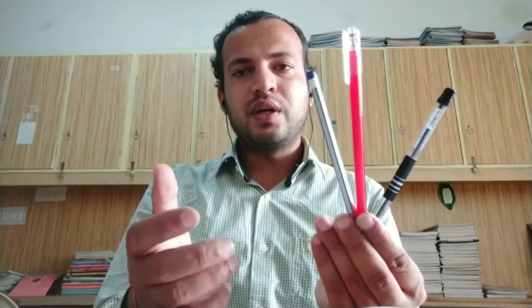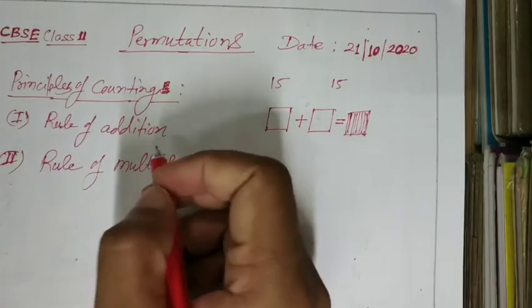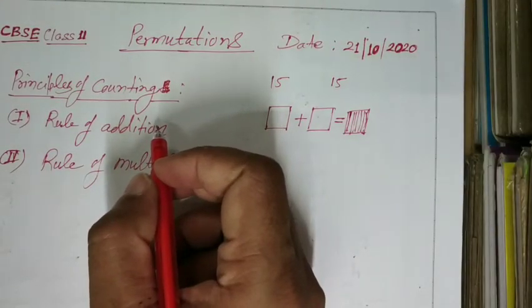So in this way we can conclude that many such items are there which can be arranged in a given space. With the help of permutations we can get the number of their arrangements. So let's see what the permutation rules are.